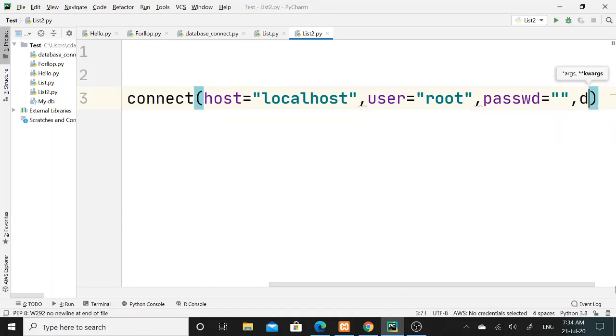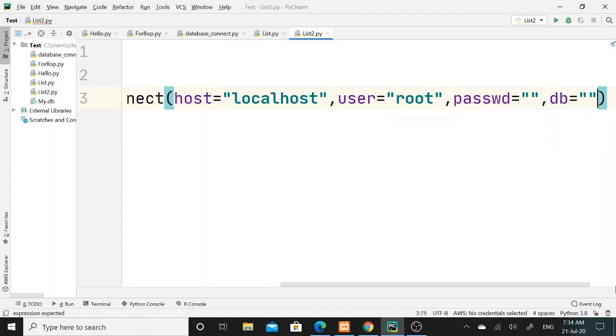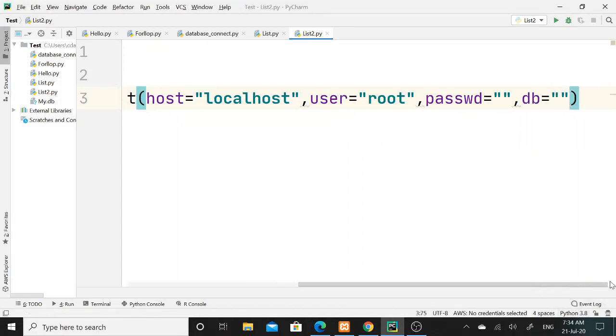And the fourth argument is my database name. My database name is test.